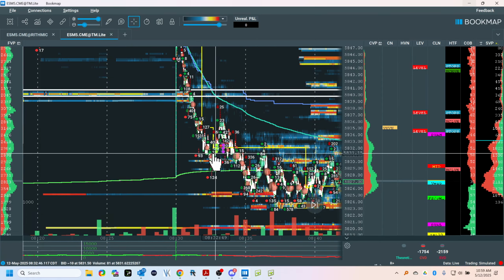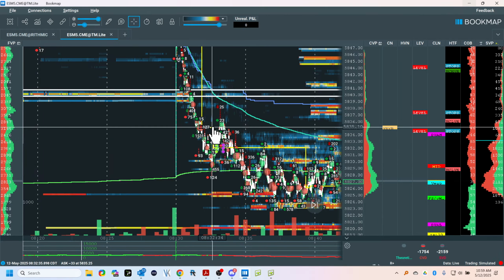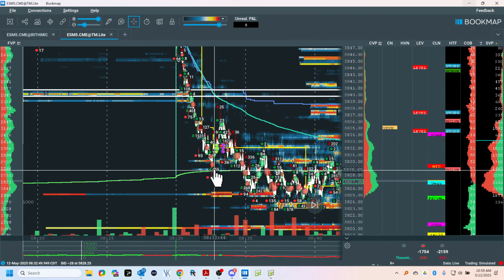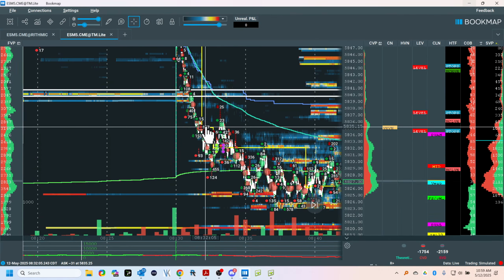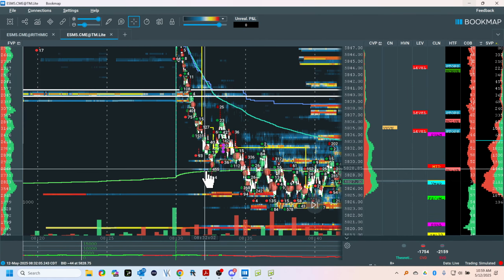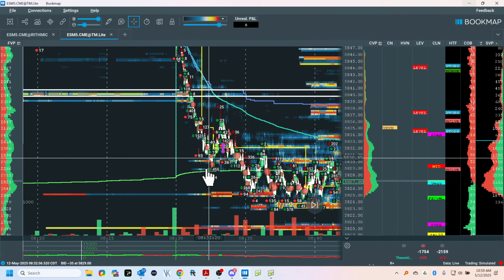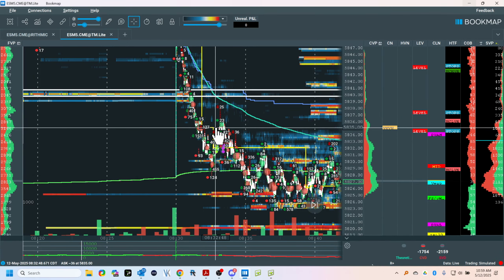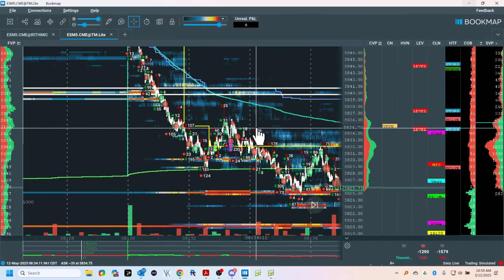Actually, I was looking at along here, just so you know, but then the VPOC shifted down, not qualified. So I was thinking this, and I was looking at this, but I like more range. I'm going to just tell you, and I posted this in Trader Lab. Maybe here to here, but I said to myself, nah.